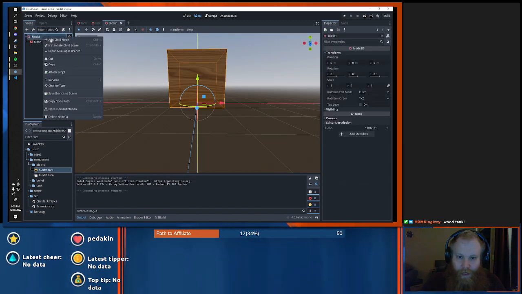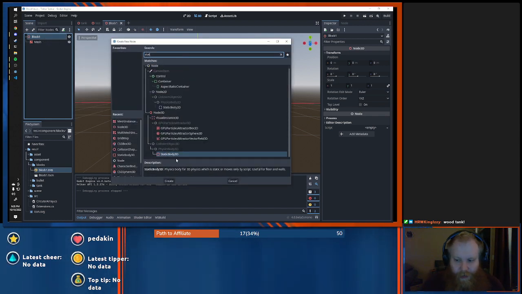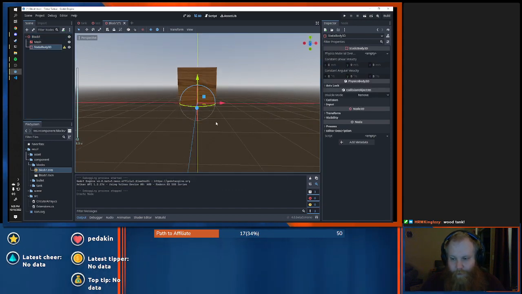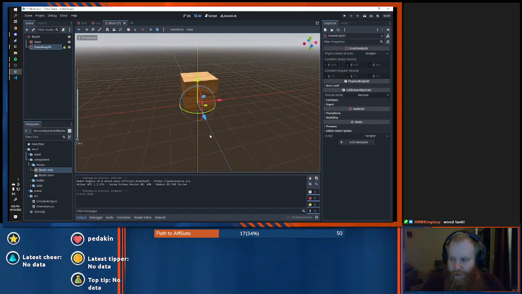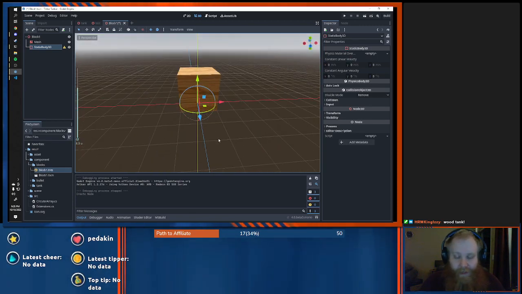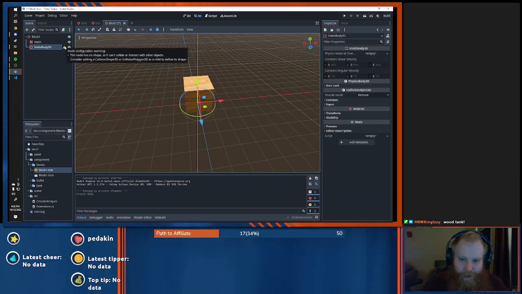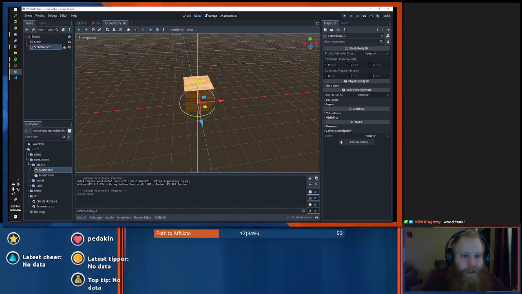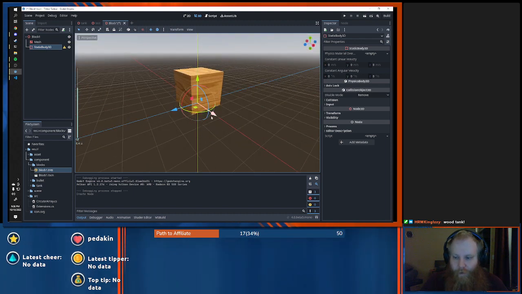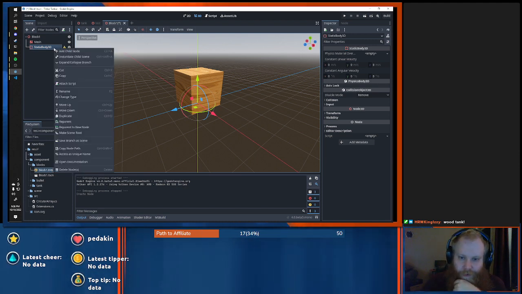Luckily, that's really easy, so I'm going to go back into my block scene, and we're going to add a collision. Actually, we're going to add a static body, which means that it will never move. It's not a physics body that can be knocked over or pushed around or anything. And telling it right now that it's a static body that'll never move will make it a lot more optimized when it's actually doing physics. And we're going to finish adding collision. The static body itself isn't enough, it wants a collision shape.